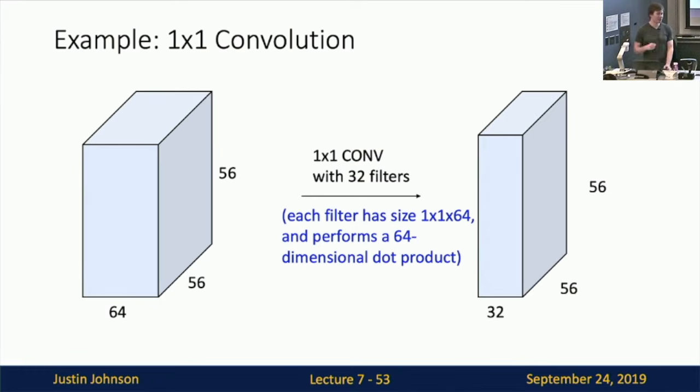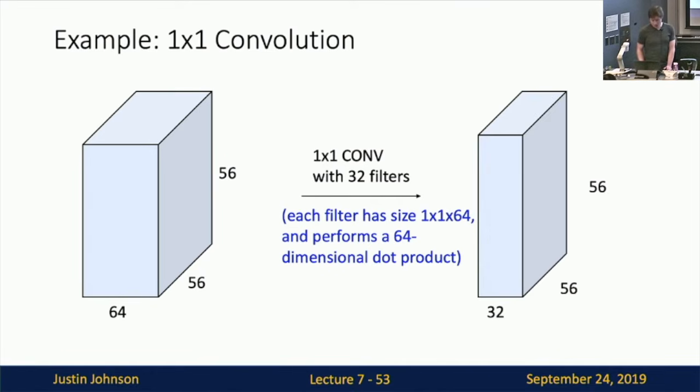And also, by the way, this is something that sometimes trips people up. But one thing that's actually used sometimes is a 1 by 1 convolution, where the kernel size is just 1 by 1. And this seems kind of weird, but it actually makes perfect sense. So for a 1 by 1 convolution, we might have, in this case, a spatial input tensor with 32 channels and 56 by 56 in the spatial dimension. And now a 1 by 1 convolutional layer would have a convolutional kernel with 32 filters, each of those filters would be 1 by 1 in spatial size and extend over the full 64 channels of the input